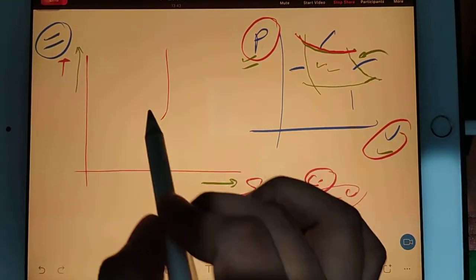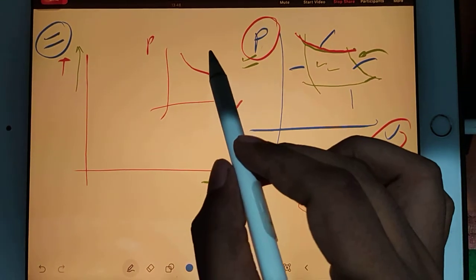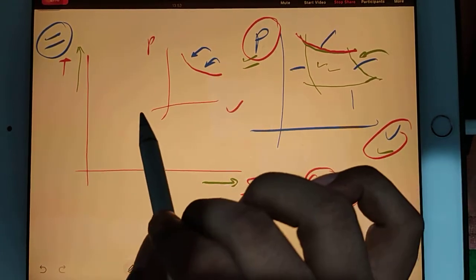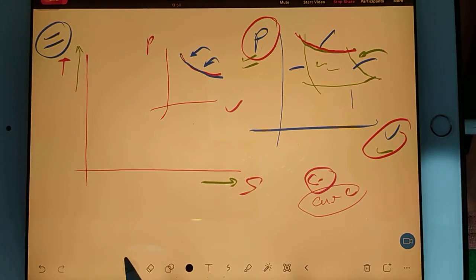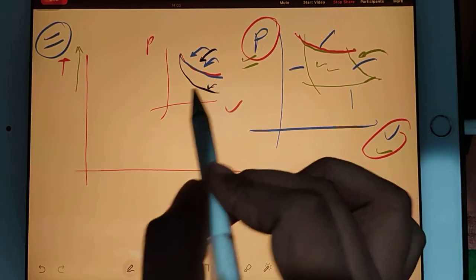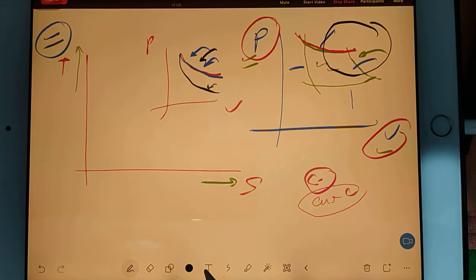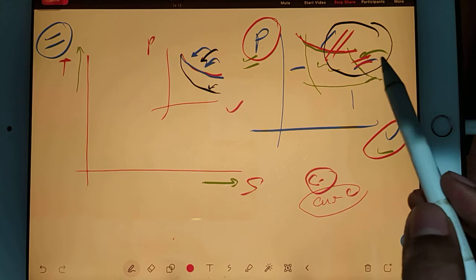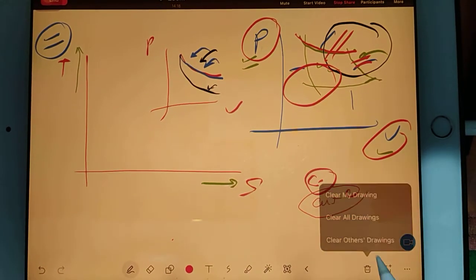Always remember, whenever you have a PV diagram and any curved line, only two possibilities are there. Either it is going to be isothermal or it is going to be adiabatic. If I draw only one curve, you cannot judge whether it is isothermal or adiabatic. But if I draw two curves, then you can say the top one is isothermal and the bottom one is adiabatic. So if I ask in these two curves which one is isothermal and which one is adiabatic, quickly you will say, okay sir, this one is isothermal and this one is adiabatic, right? In the same way, if I ask in these two, which one is isothermal, okay, let me erase this.